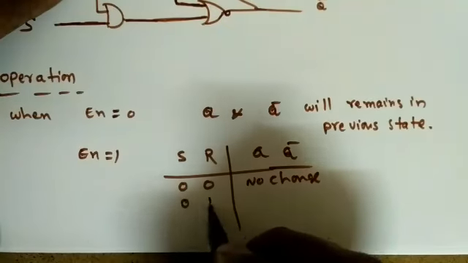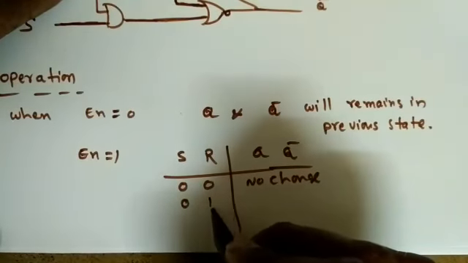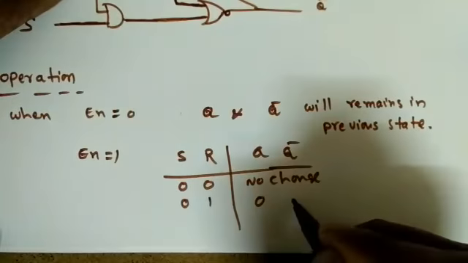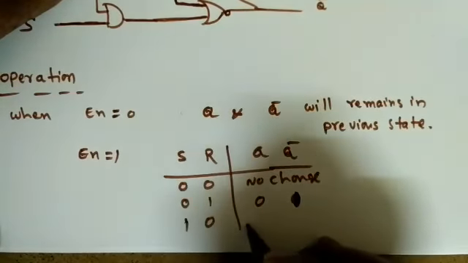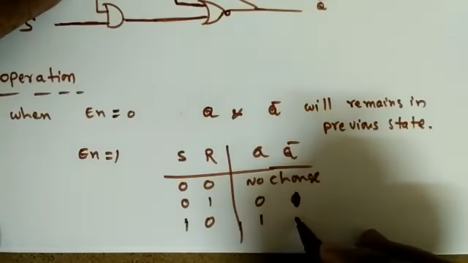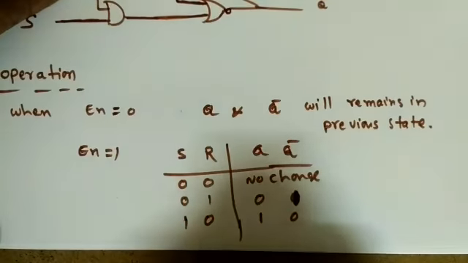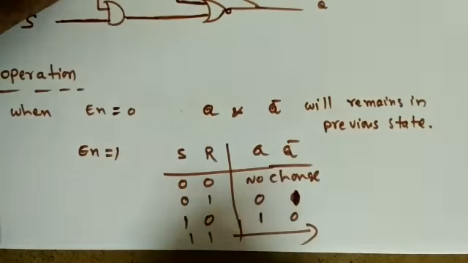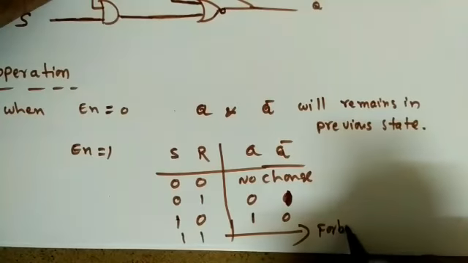When S is equal to 0 and R is equal to 1, reset is high, so the output will be reset. So Q will be 0 and Q bar will be 1. If it is S equal to 1 and R equal to 0, the output will be set and Q bar will be 0. 1 1 is not possible, so I can say it is a forbidden state,